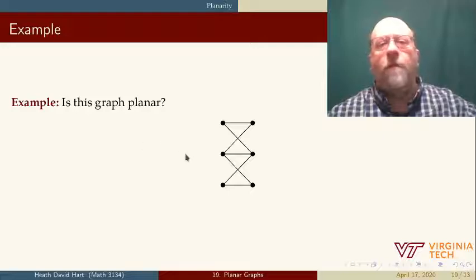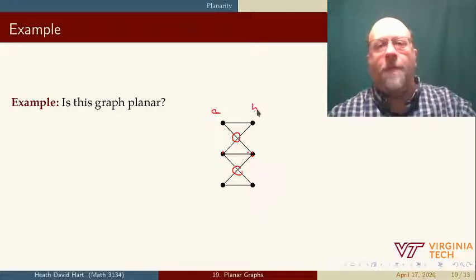Try one more. This one's easy. Is this graph planar? I have to get rid of this intersection and this intersection. And I think I can do that by taking these two edges and untwisting them, or these two vertices and untwisting them. So if I go from A, B, C, D, E, F,